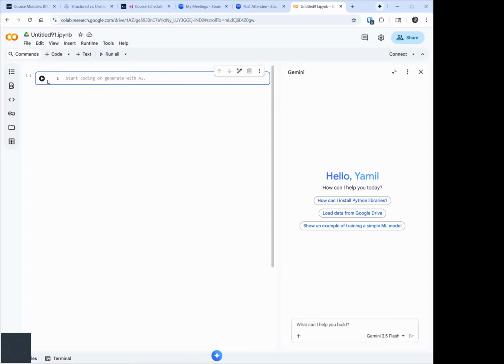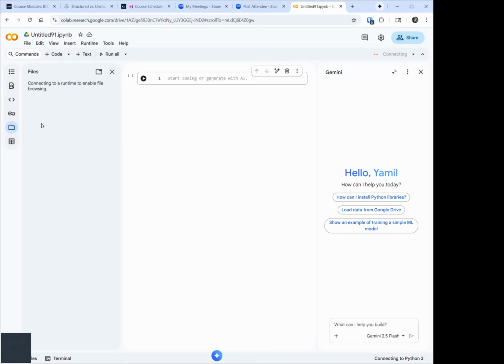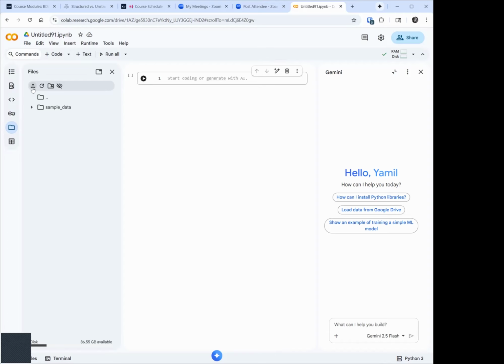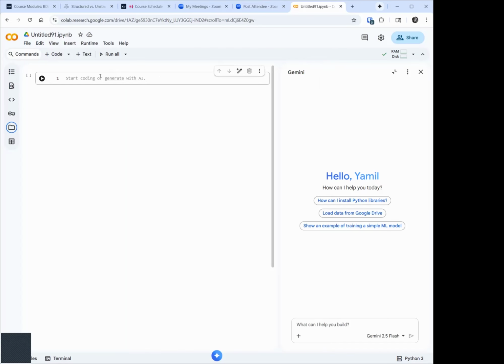Once you type the code, you click here, run it, okay? You can run it. You can upload the data set by going here, because I'm going to give you a data set. You're going to use the data set. So in order to upload the data set, all you need to do is just click here. There's an upload button here. Upload the data set, type the code, and then just duplicate that code I gave you. And if you have any errors, guess what? Google Gemini is here to help you.